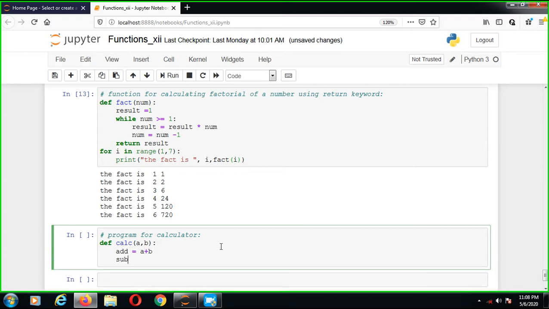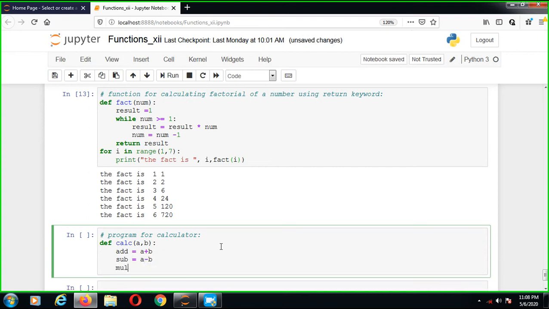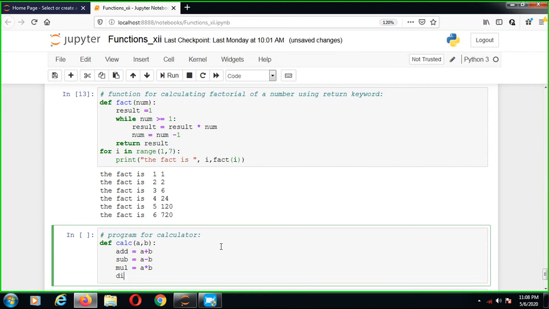Another is subtraction, a minus b. Another is multiplication, a multiply b. And another is division, a divided by b. So these are the 4 values we are using. Now return add, sub, mul and div. These are the 4 returning values. So this is the multiple return value program.